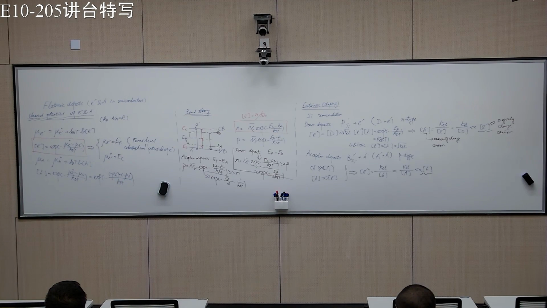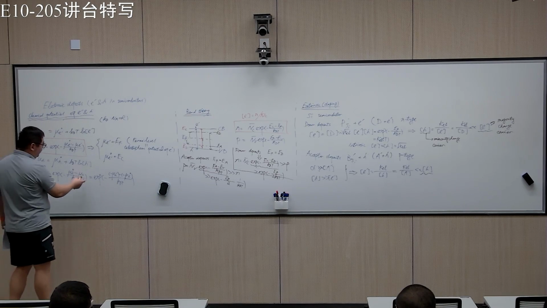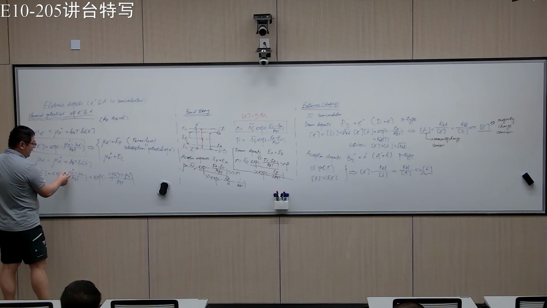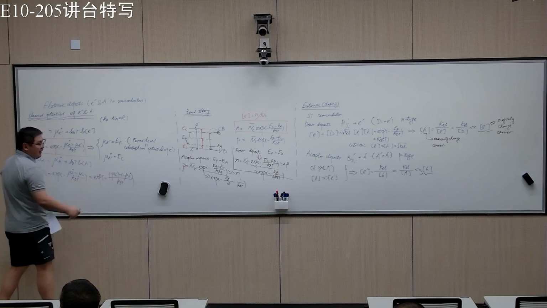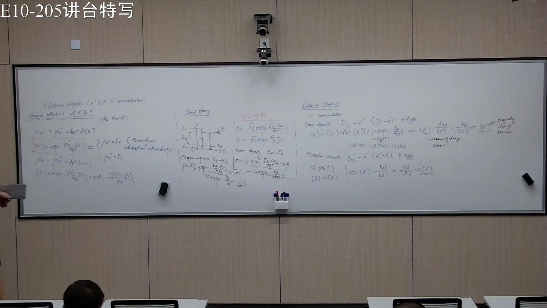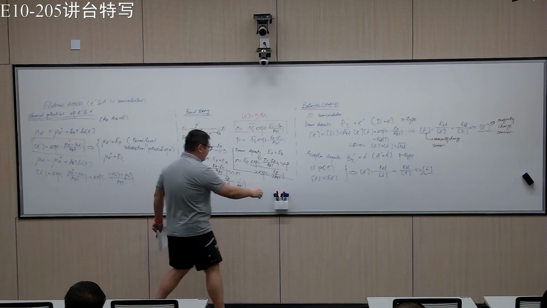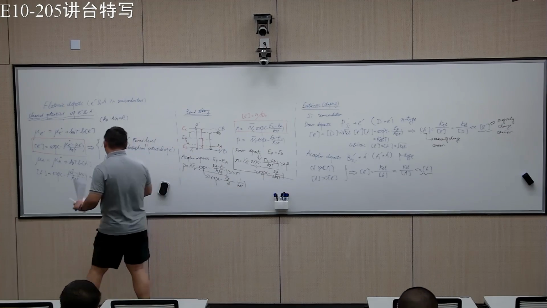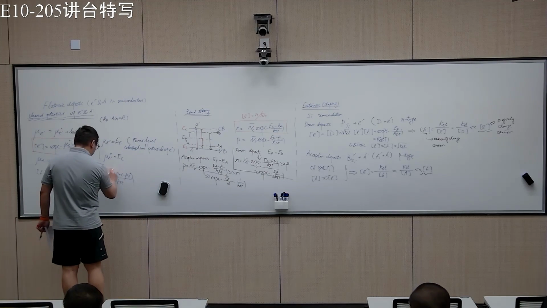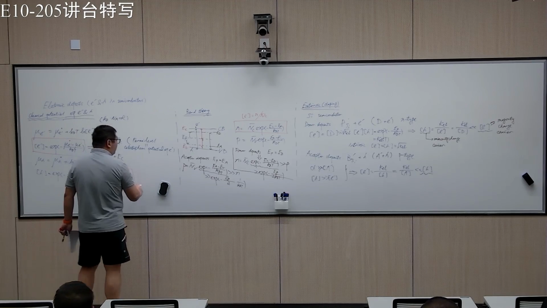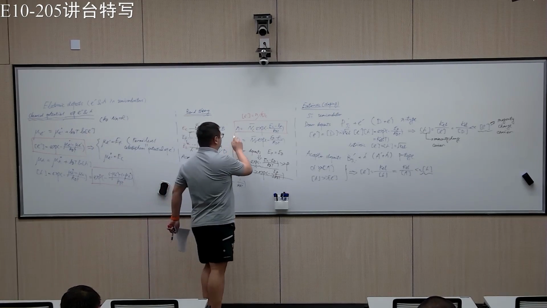Basically I did nothing here, but just move this to the front and put a negative sign here. I did that for a reason. So if I again compare this equation with this equation here,